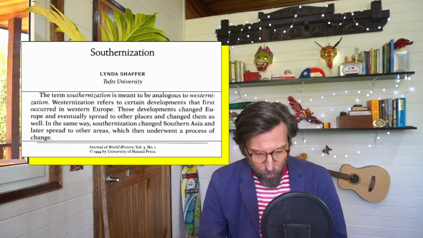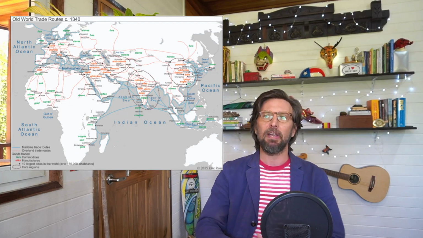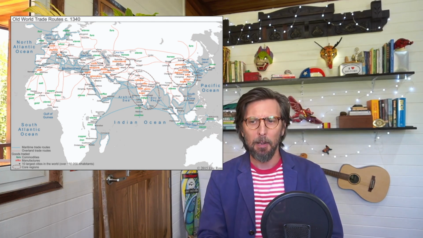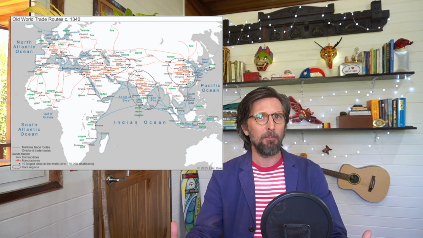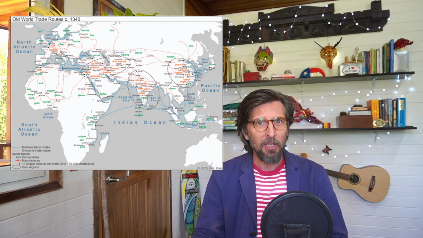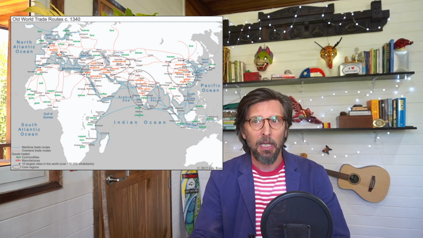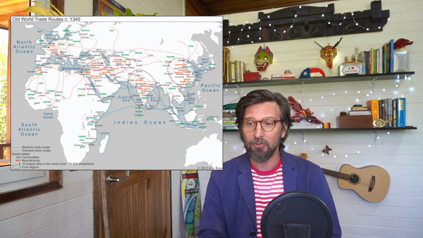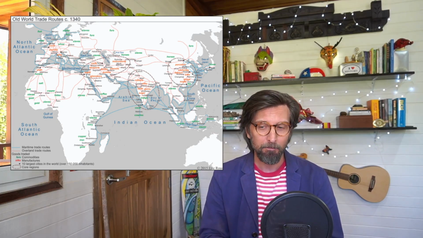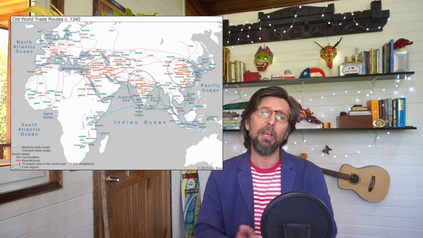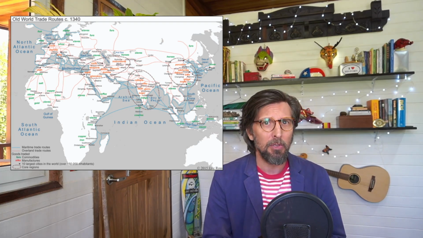Now, what she's going to do here is quite interesting. She'll split this up into three regions that she'll focus on. If we look at this on the map, you can see them. There's a great map from Eric Ross, a geographer, where he shows you these core regions, the goods that they're producing, and the trade networks that are connecting them. Right there in the middle, we've got South Asia, the Indian subcontinent. To the east, we've got East Asia, China. And then to the west, we've got the Islamic world.